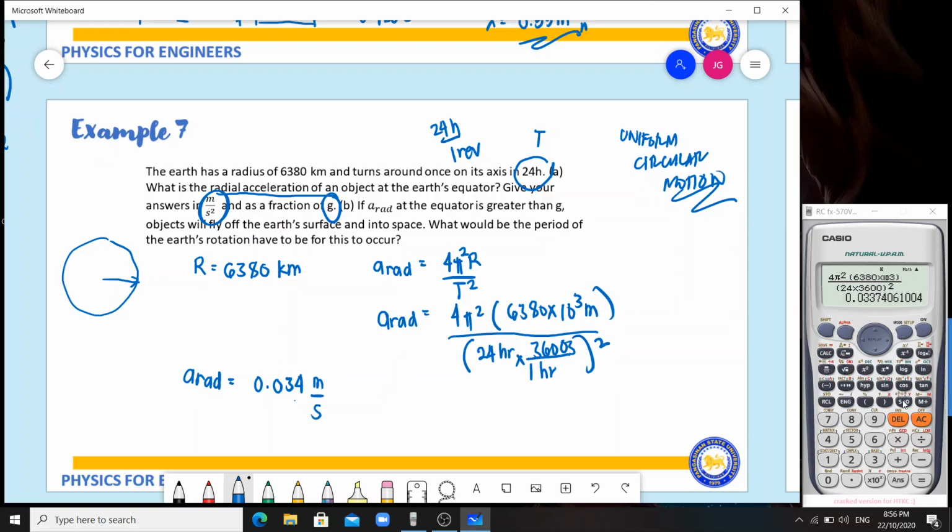meter per second squared, or as a fraction of g, because when it's a fraction of g, let's say for example this is the fraction, this is the g, and it should be equivalent to 0.034 meter per second squared. So our x would be 0.034 divided by 9.8 meter per second squared. So, let's just divide this: 0.034 divided by 9.8. So, that is equivalent to